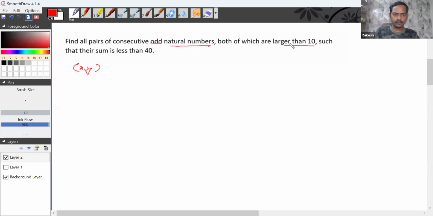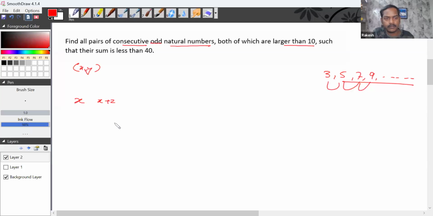Now, for one clarification, how do we represent two different odd numbers which are consecutive? Consecutive means one after another, but it has to be odd. For example, 3 and 5, 7, 9 are consecutive odd numbers. If I assume one of the numbers to be x, the other number has to be x plus 2, because the difference between any two consecutive odd numbers is 2. Correct? So let us assume the first odd number is x and the other odd number is x plus 2. Their sum has to be